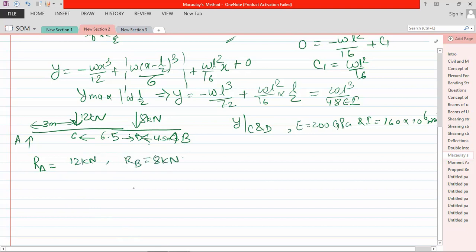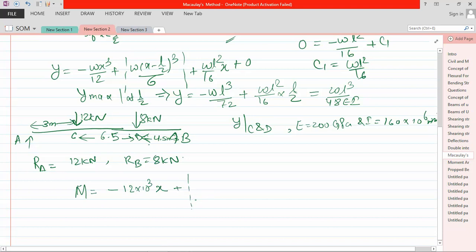Now we can write the moment. It is a clockwise moment, so it will be negative: minus 12 into 10 raised to the power 3 into x. Then plus, in a separate form,